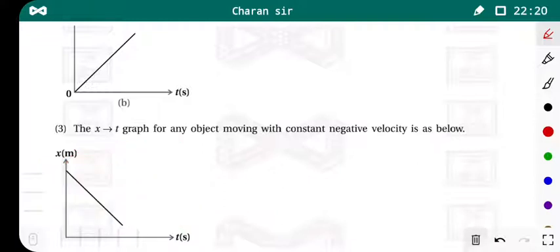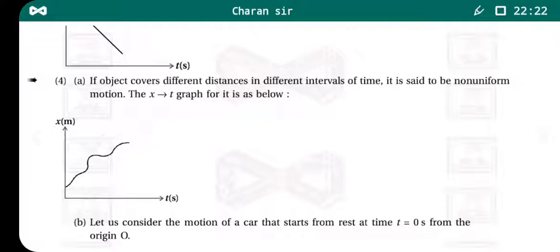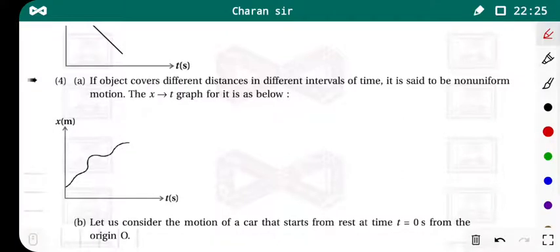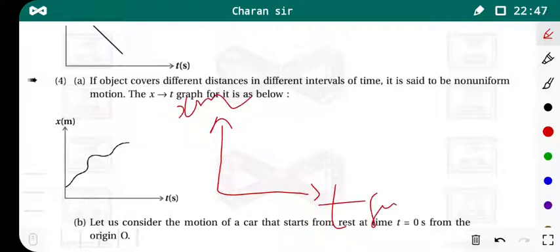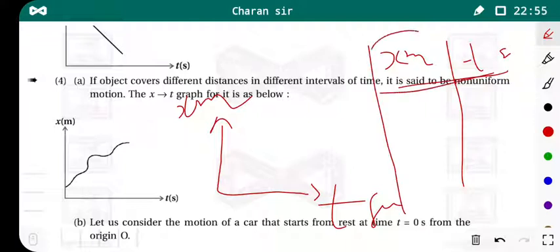Now the last case, that is when our object moves with non-uniform motion. For that we consider a tabular representation in which our object is moving with non-uniform motion. So we can draw the graph here. On the y axis we take x in meters, that means position, and this is the time. Positions of the object is x, and time taken by the object is t, in seconds.